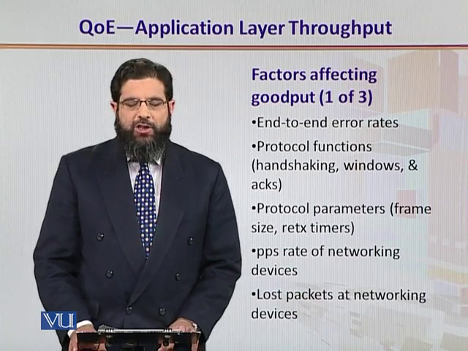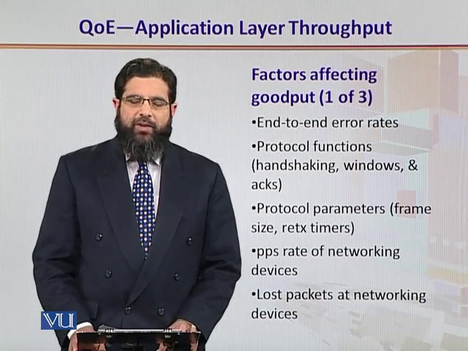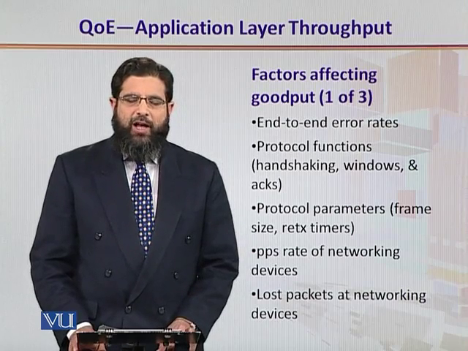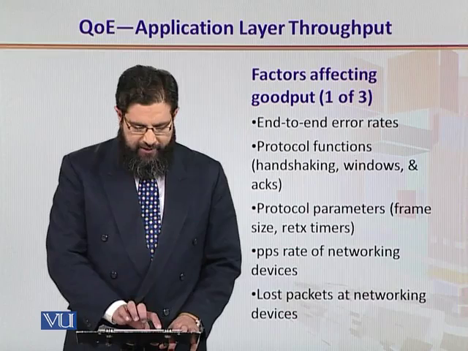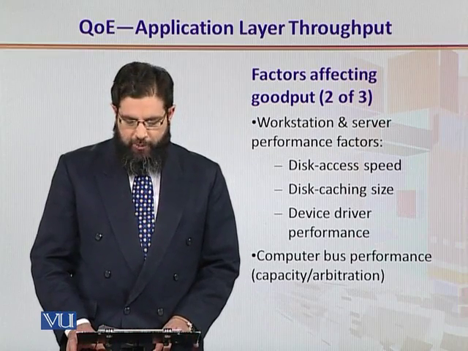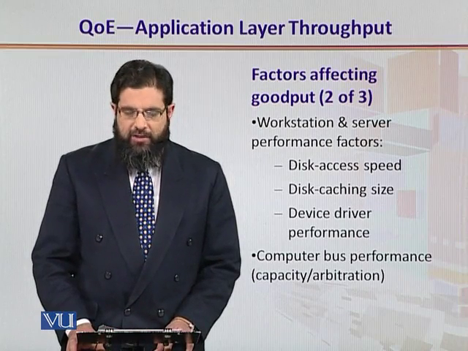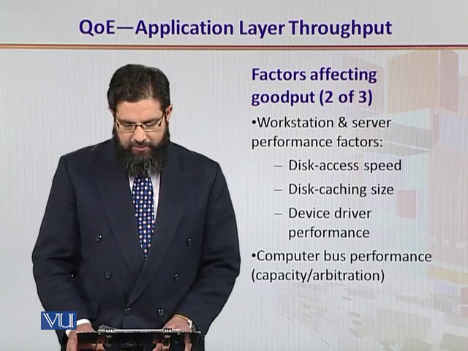The number of packets which might get lost at intermediate devices depends on the failure probability and the occurrence likelihood at intermediate devices. Similarly, the end devices such as workstations and servers, their disk access speeds, the caching sizes,